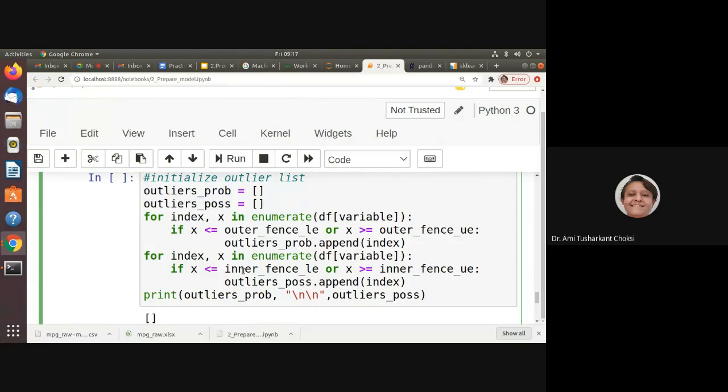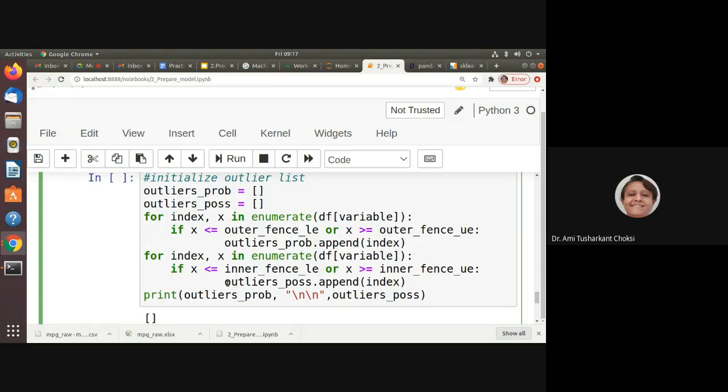For index and x in enumerate of df variable, now we are checking for inner fence, right? We check for inner fence LE and inner fence upper end.